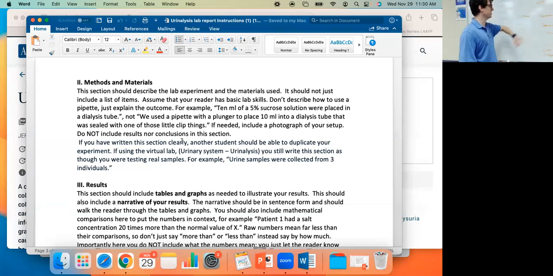Now, if a number is really high, so say someone's glucose was, what was one of the ranges on glucose? Like the mid to high level ones on glucose. 500. Okay. So say instead of someone having 0, they had 500. Well, 500 milligrams per deciliter,